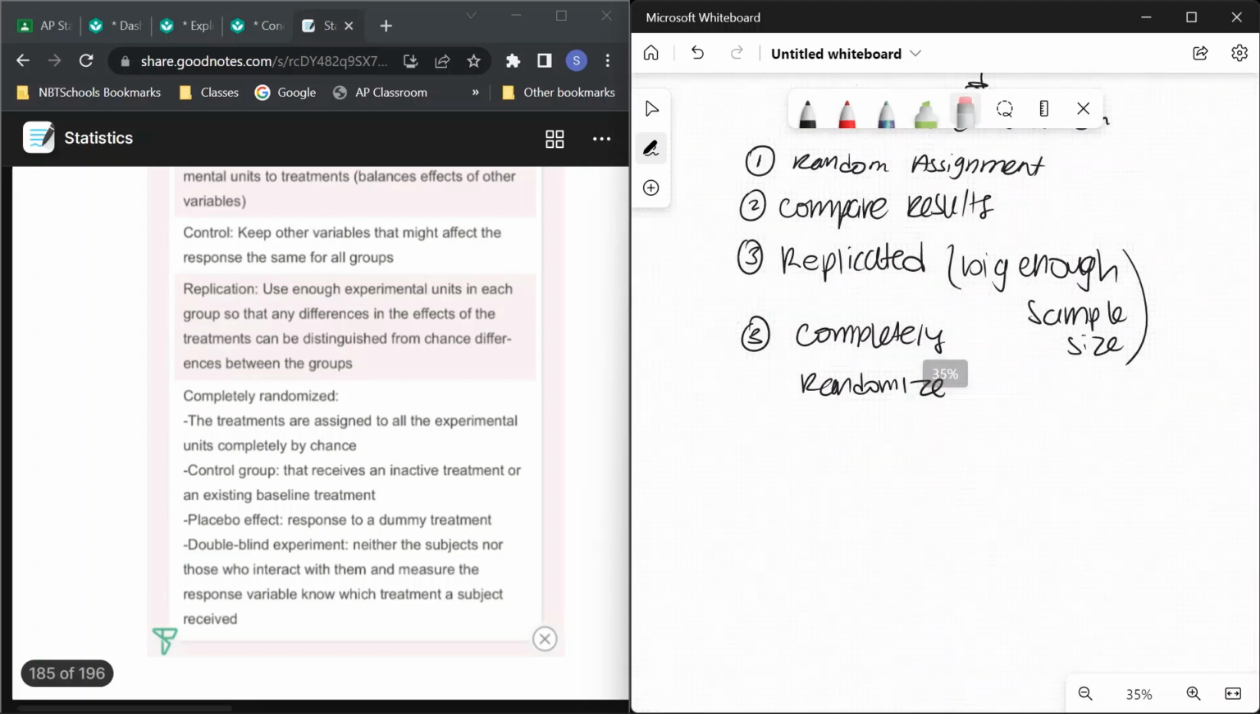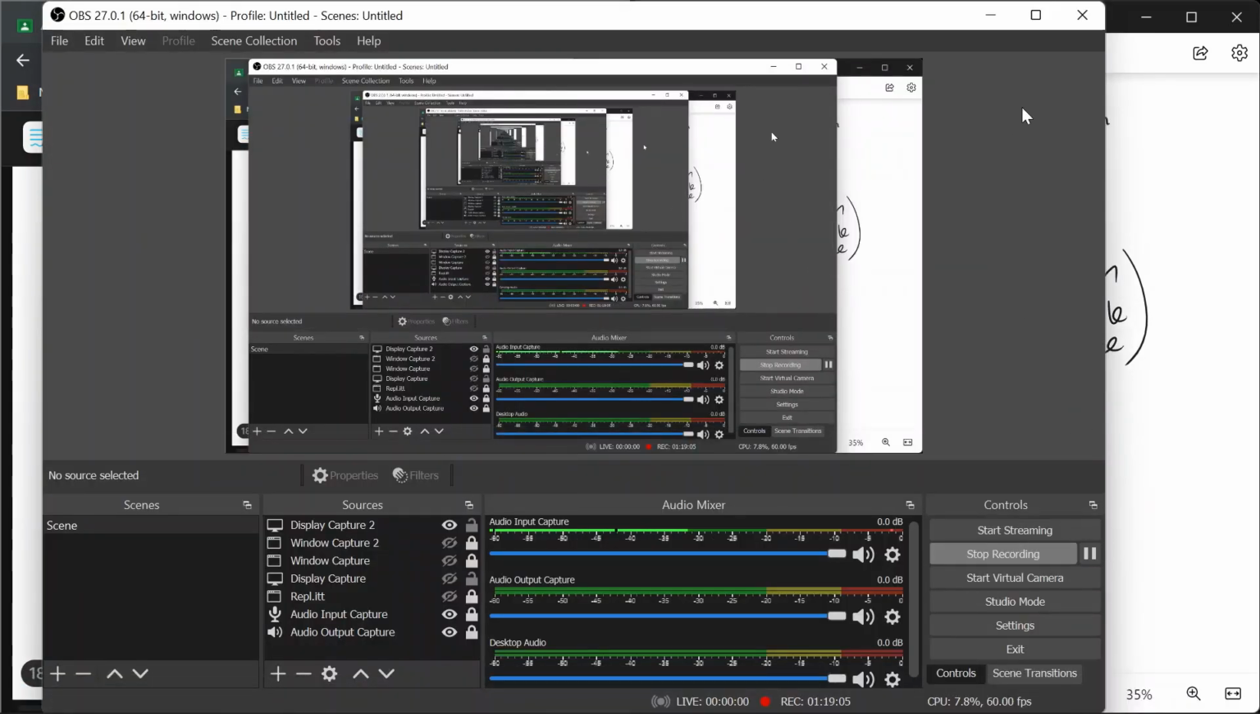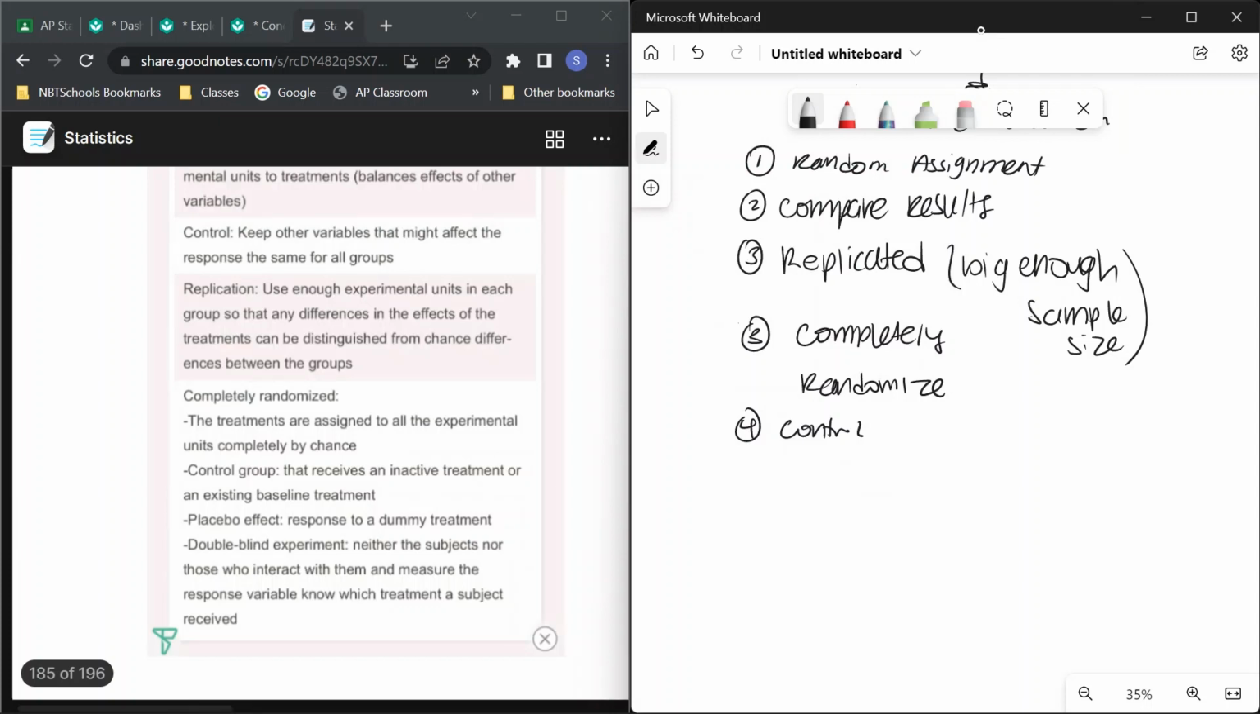Completely randomized means that the treatments are assigned to all the experimental units completely by chance. There also has to be a control group. I can't even spell. Control group. So it has to be a control group, and that could either be,